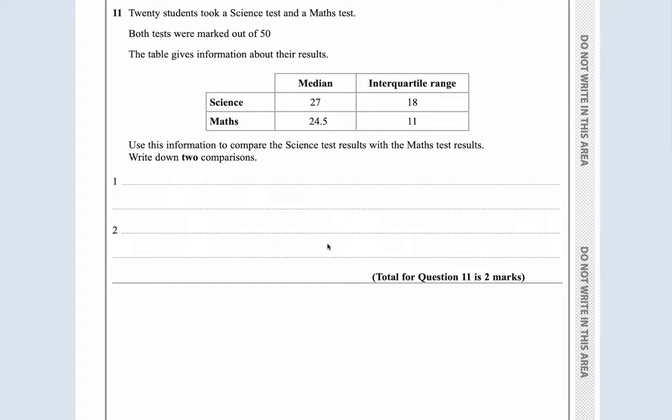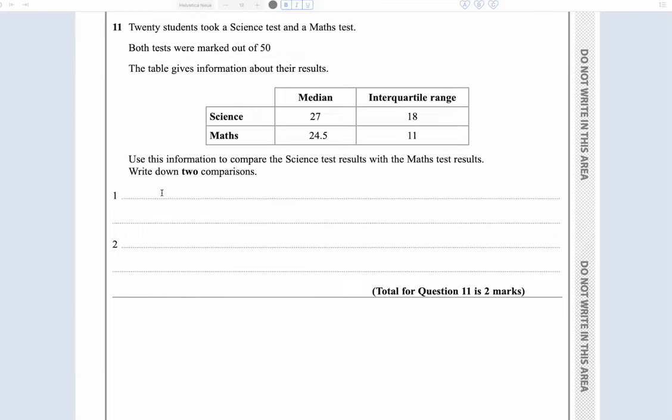Okay, question 11. 20 students took a science test and a maths test. Both tests were marked out of 50. The table gives information about the results. Use this information to compare the science test results with the math test results. Okay, so